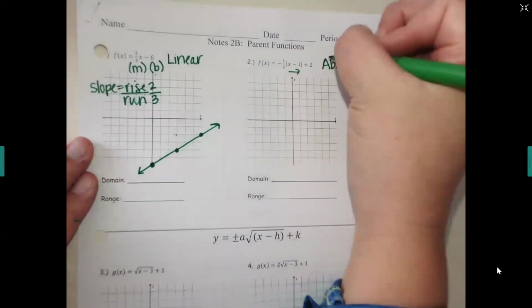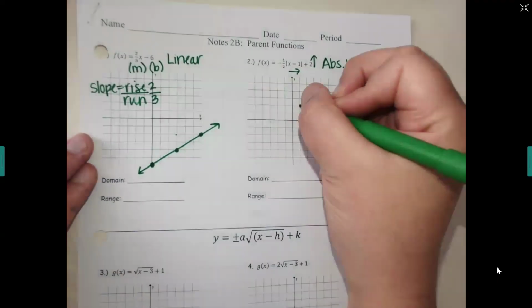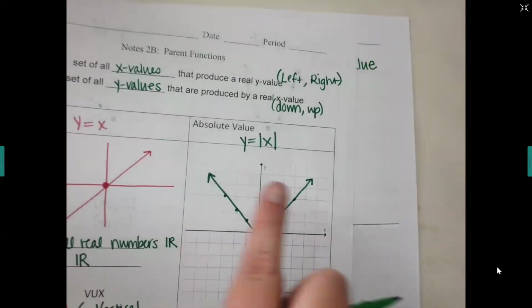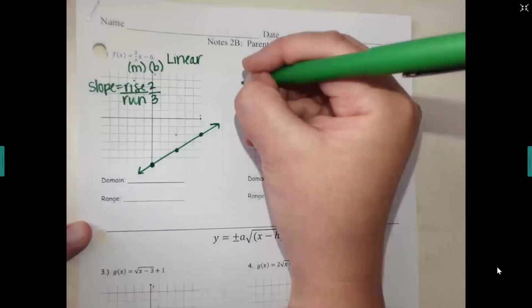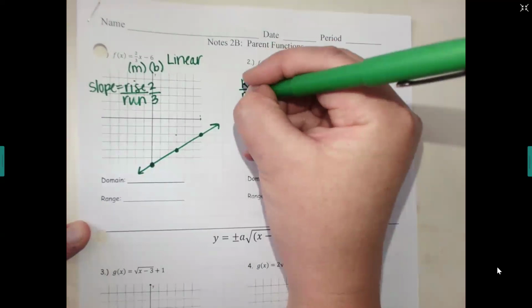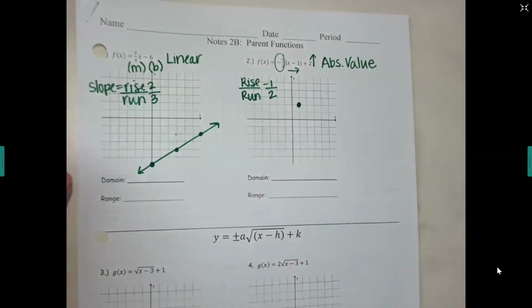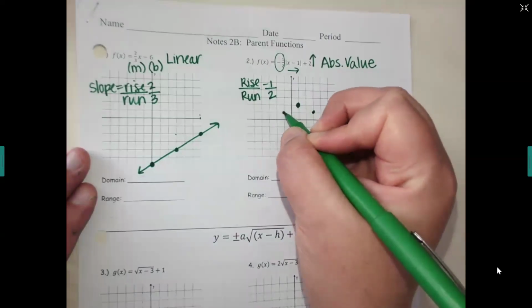Okay, then the +2 would be up 2. Okay, and we can trust the 2 because it's not hanging out with your x, right? If it's with your x, that's where it's the opposite. So we're going to go to the right one, up 2. And then normally my V opens up and it looks like this. But if I adjust the slope with that front number, it's going to change the shape of the V. So if I have a -1/2 here, rise over run is going to be -1 over 2. So I'll go down 1 over 2 and then down 1 over 2 the other way.